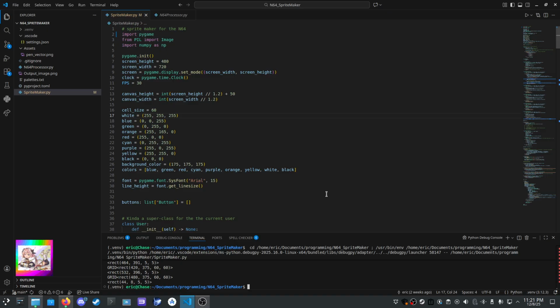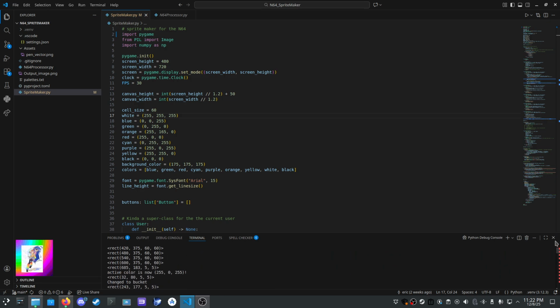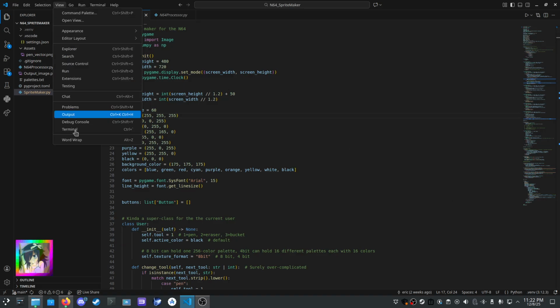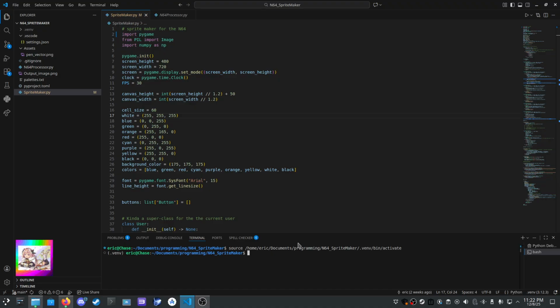You type in, it won't let me, but because I'm in a virtual machine right now, I would have to do python3 -m venv venv, and then it will generate it, and then you do source .venv/bin/activate.